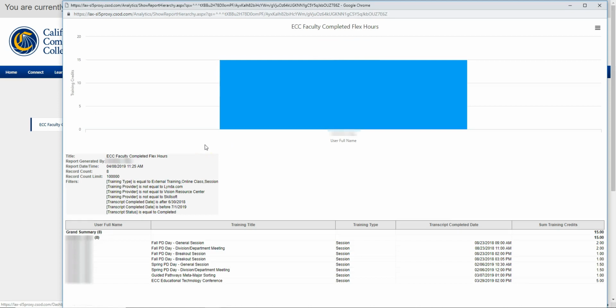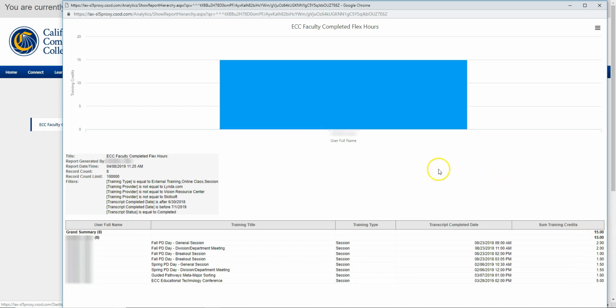A new window will pop up where you can see a really large version of that initial graph, a list of the parameters used to generate the report, and a chart that shows all the flex activity that you've done for the year. Unlike many charts where you'll see the total number of hours at the bottom, Cornerstone put the total up here in the upper right part of the chart.